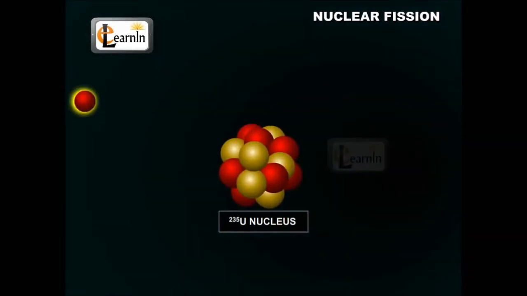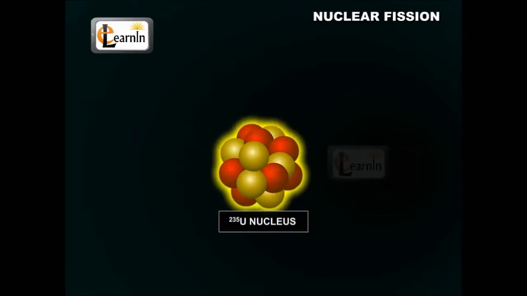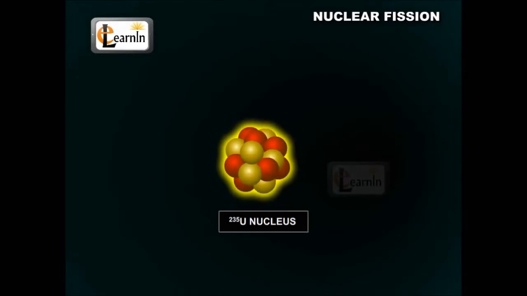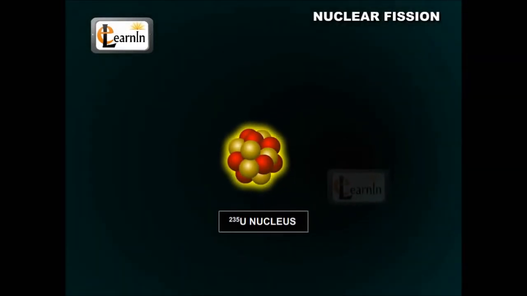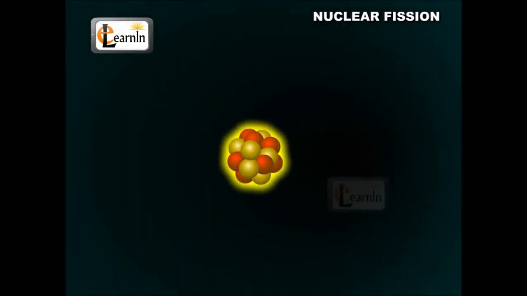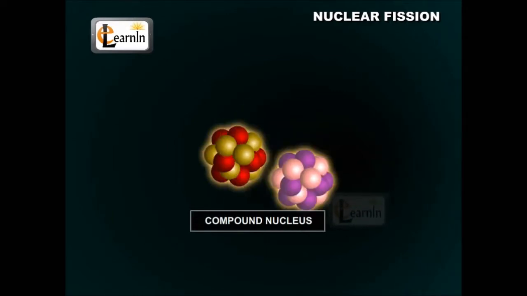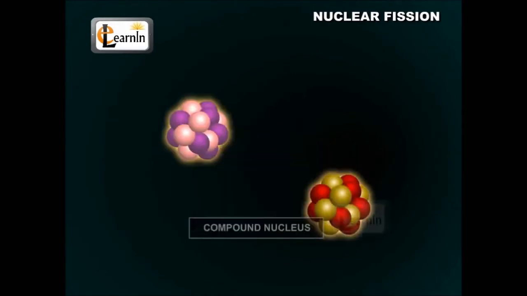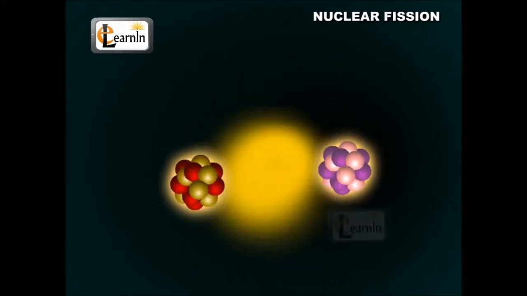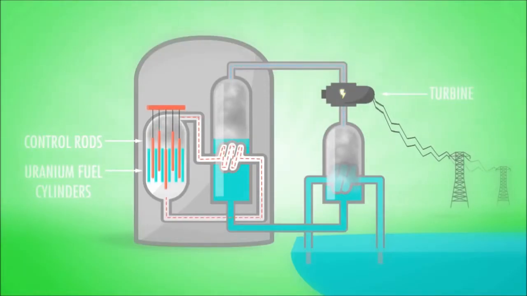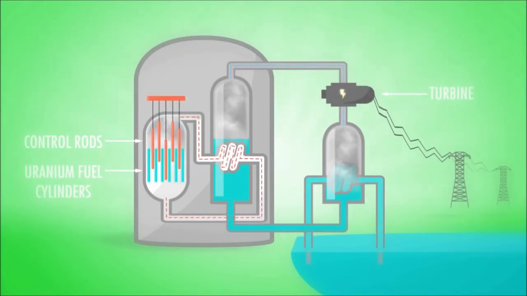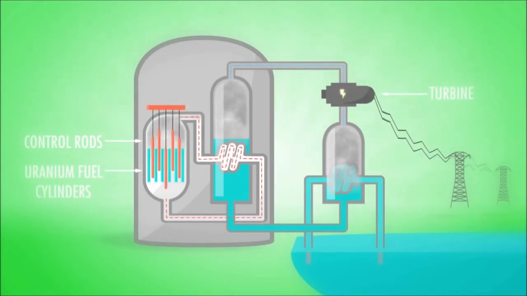This is done by bombarding a nucleus with neutrons, making the nucleus unstable, therefore causing it to break into 2 smaller nuclei with a similar mass. This break causes the release of the binding energy that was previously holding the nucleons together in the nucleus, in the form of heat. This heat is then used to convert water into steam, sending steam through turbines,